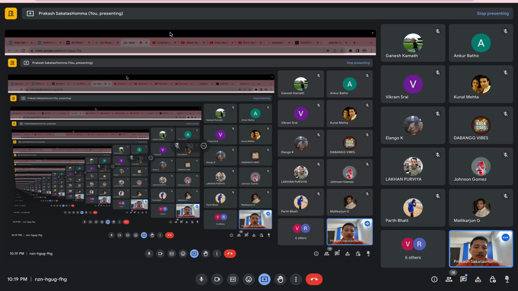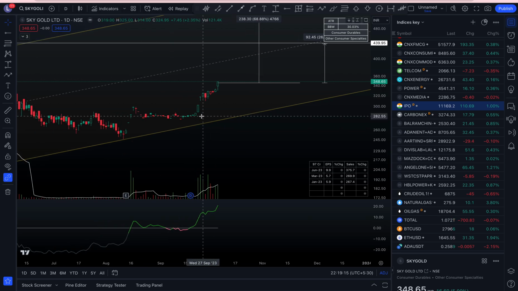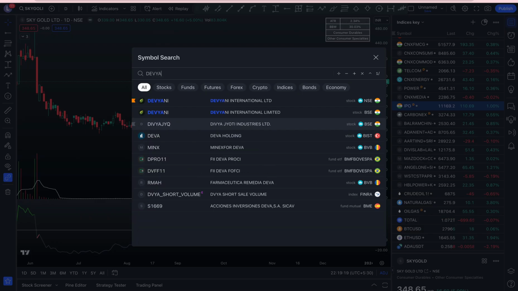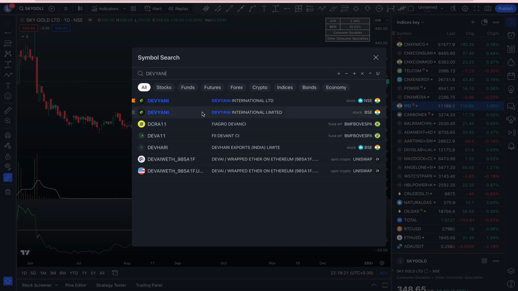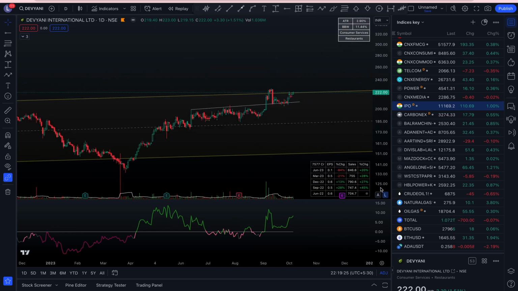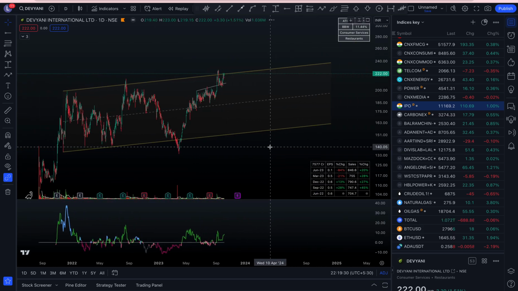All right, folks. Devyani, it's a great name. I love it. It also has the theme behind it. India superpower consumption and all that stuff, and that's why